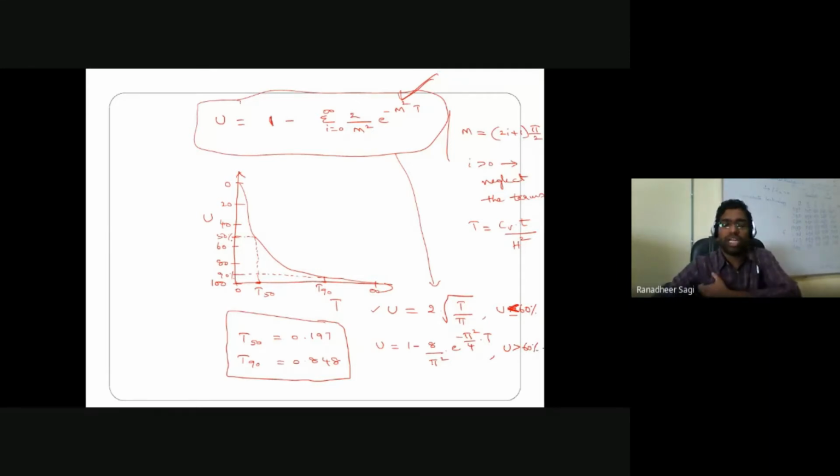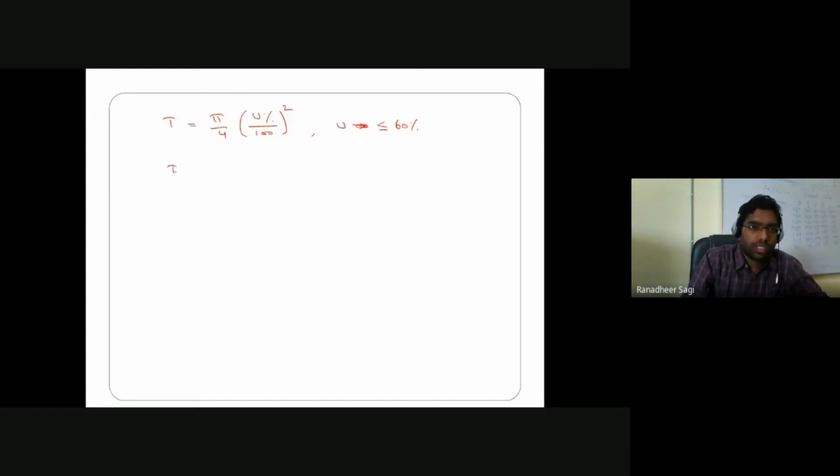So in the same way, if degree of consolidation is known, then for time factor, if I just want to rewrite those expressions in the other way, I can also write them down. Okay, so your expression for time factor is equal to pi by 4 into U in percentage, and in the denominator I have to write 100 whole square. This is valid for all U less than or equal to 60%.